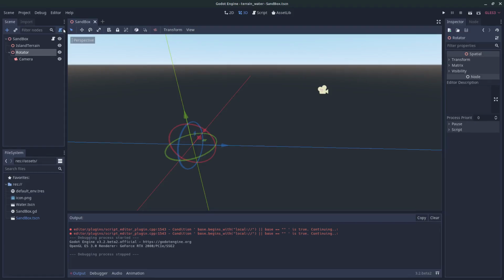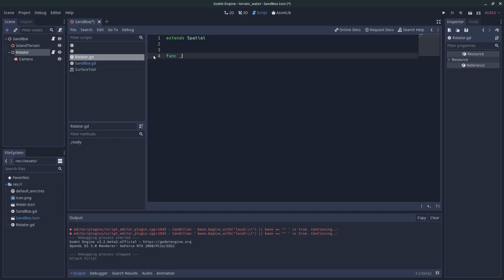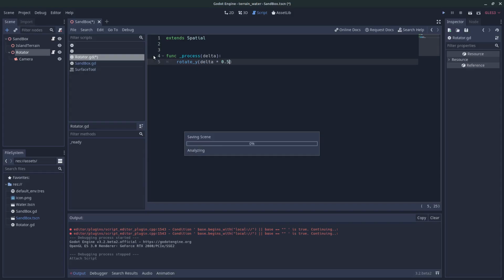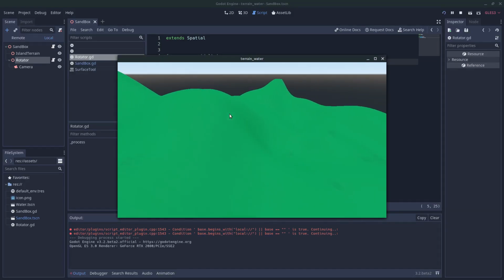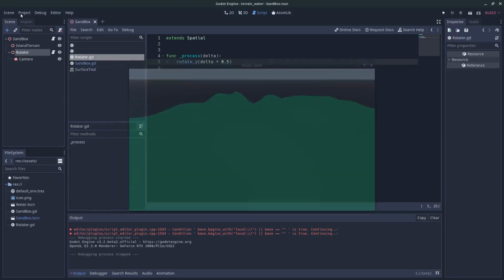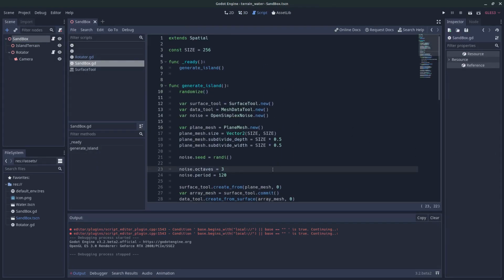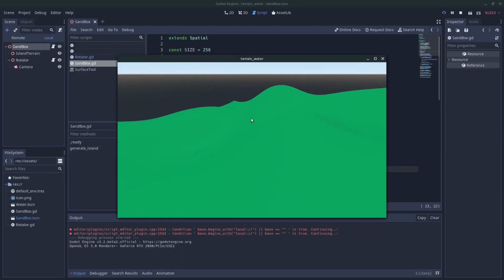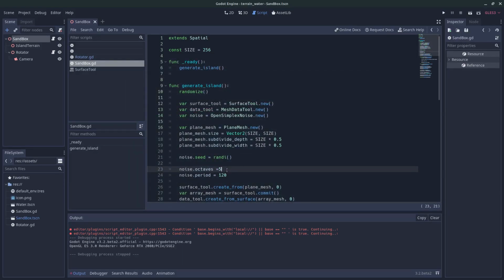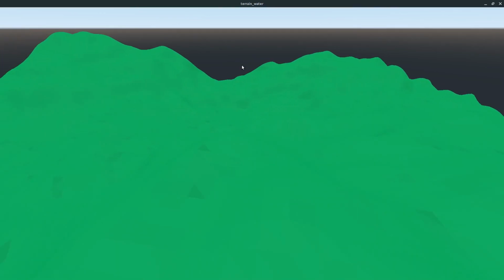One more thing, give the rotator node a script, override the process function, and just rotate y delta times 0.5. Okay, so something is going on, that's for sure. I think the terrain is a bit smooth, actually, so let's change that. What happens if I choose 2? Something happened. I mean, 5? Okay, yeah, well,